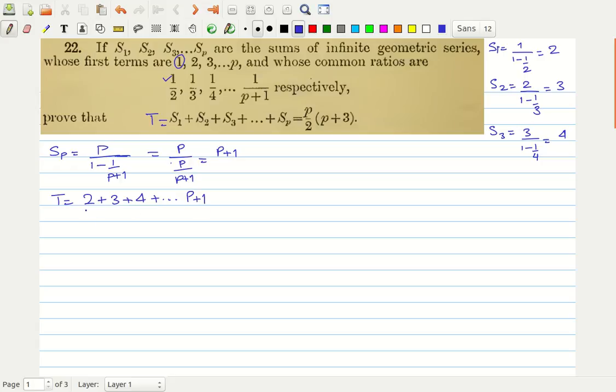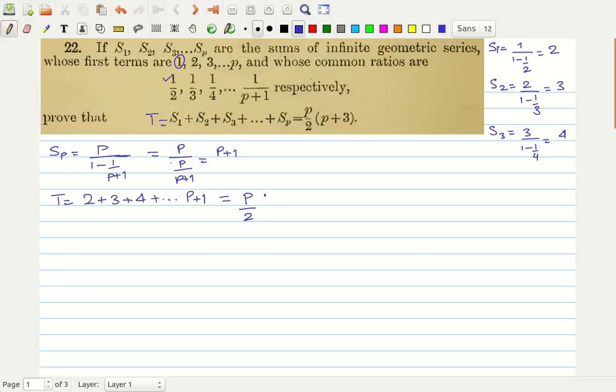So this is a simple arithmetic progression, and I can use the formula n by 2 times first term plus last term. What is n here? How many terms can you see here? You can see that there are p number of terms. Why? Because at n equal to 1 it is 2, at n equal to 2 it is 3, so at n equal to p it is p plus 1. So there are p number of terms